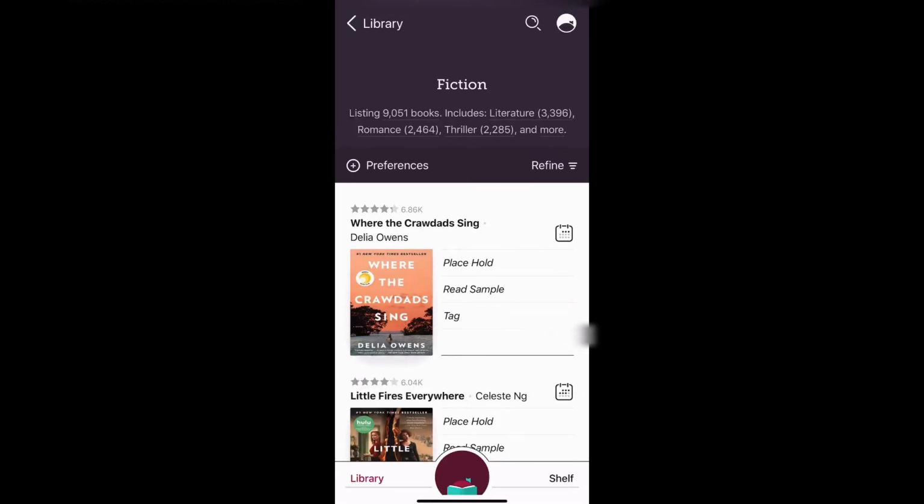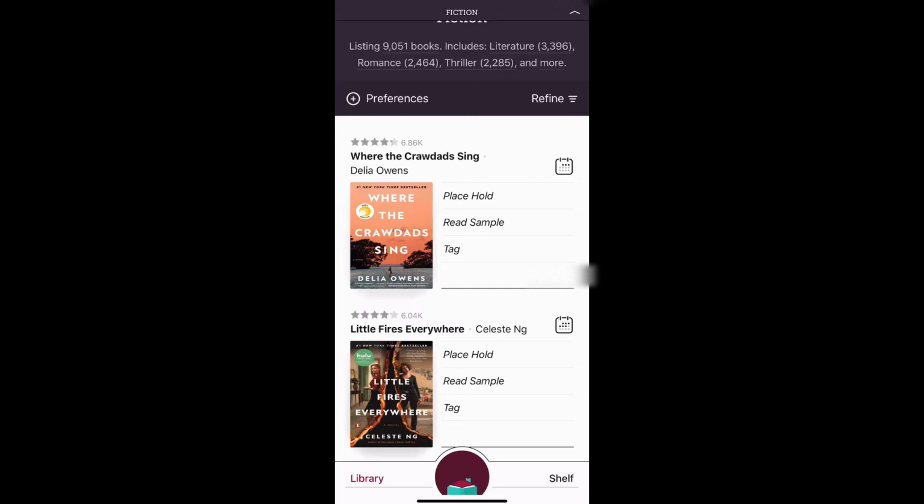So now that I've chosen fiction, I've been given a list of the available ebooks in the fiction genre that my library has to offer. So as you can see, here's the list. Let's say we're interested in checking out this first book, Where the Crawdads Sing. As you can see, there are 3 options right next to the book that say place hold, read sample, and tag. The place hold option is just letting me know that the book is actually not currently available